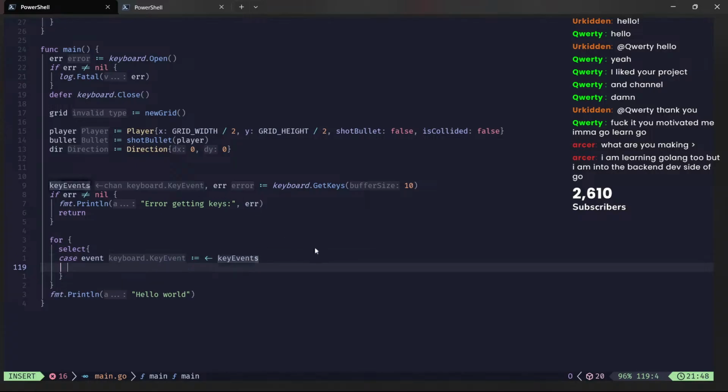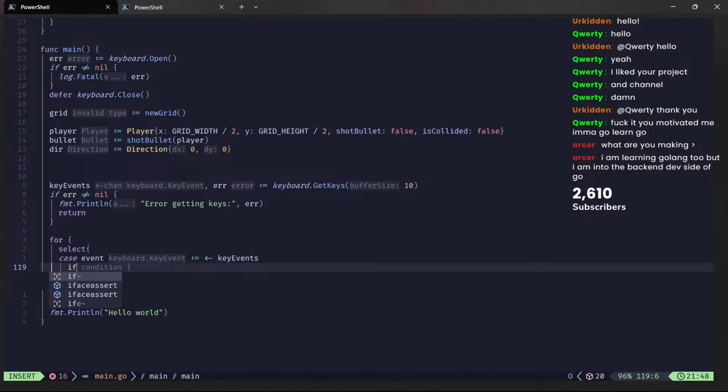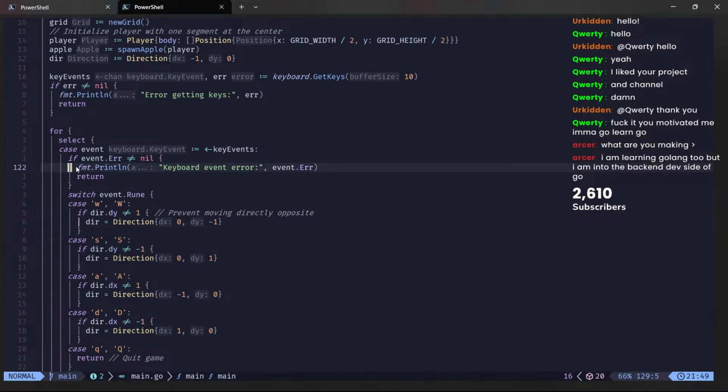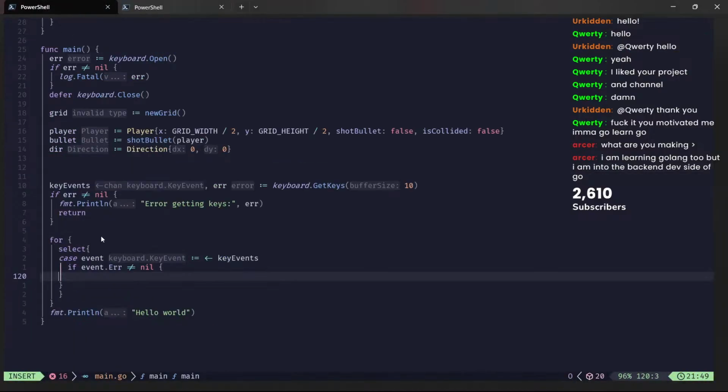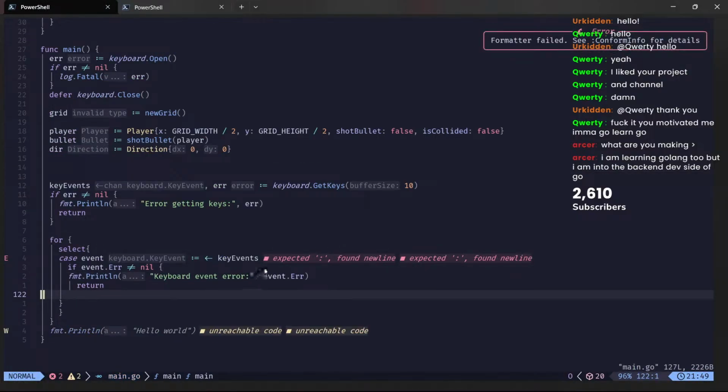So we have now, let's go with event that error. So we have if event that error is not equal to nil, that means we have to use this one as our, like that. Okay,